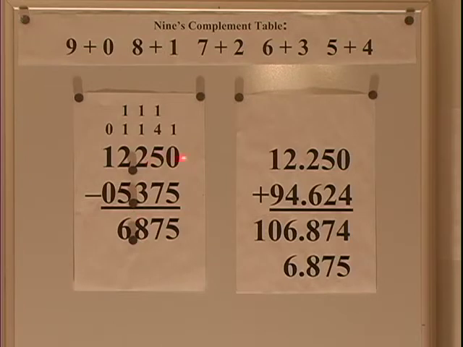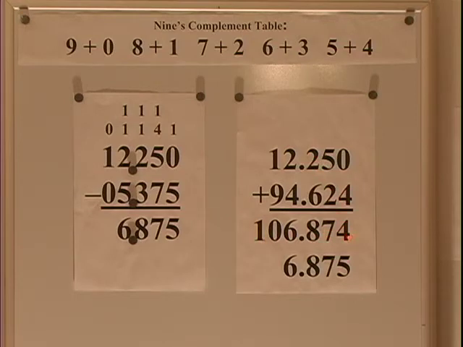I'm going to rewrite this minuend, 12.250. I'm going to rewrite the 9's complement of the subtrahend, which is 94.624. All these numbers are the same for an integer subtraction. When I add this, I get